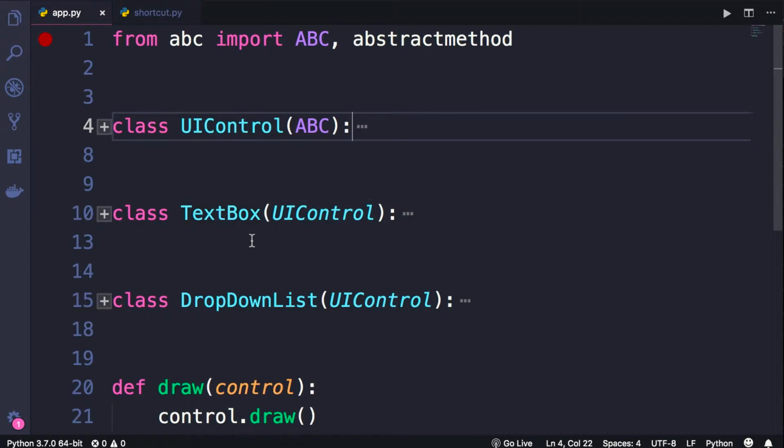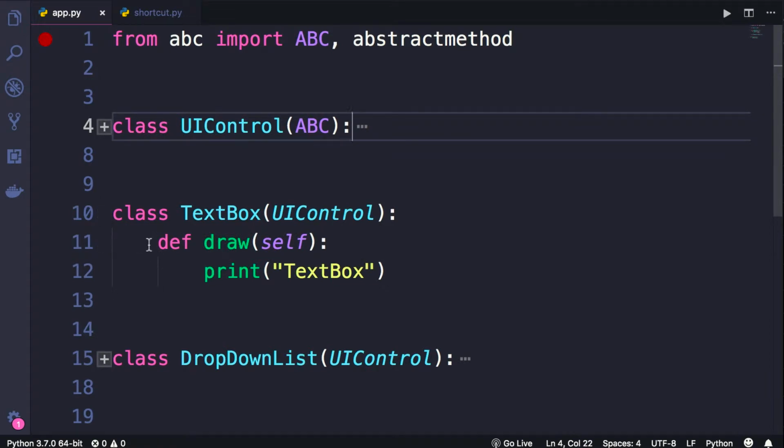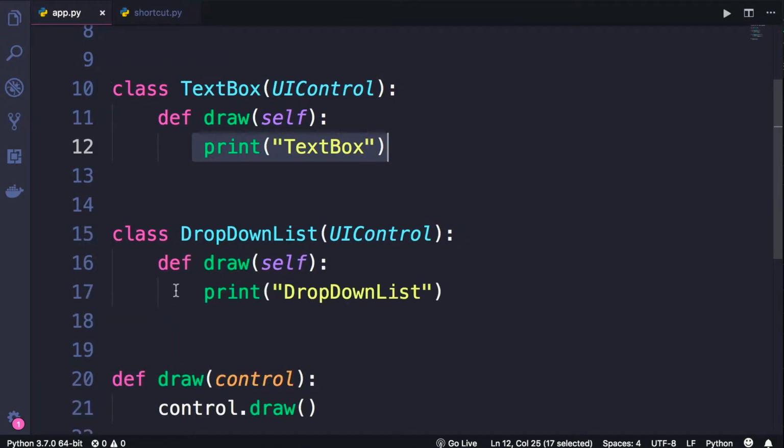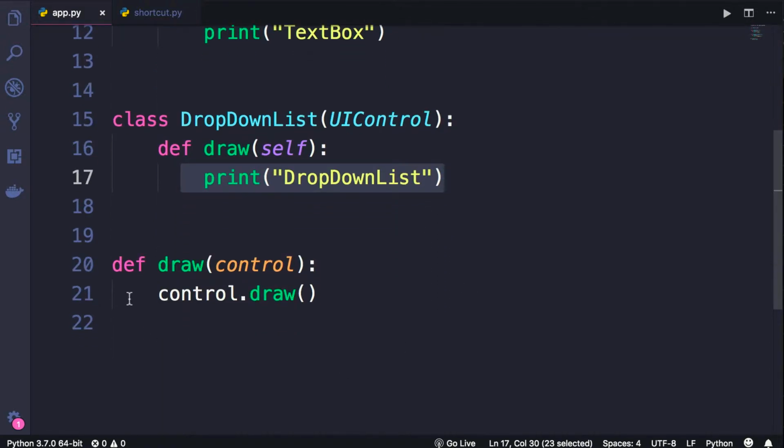One is textbox and the other is dropdown list. Both these classes implement the draw method. Here we simply print textbox, and in the dropdown list class, we print dropdown list. So nothing new so far. Now, here we also have a function called draw that takes a UI control object and calls the draw method